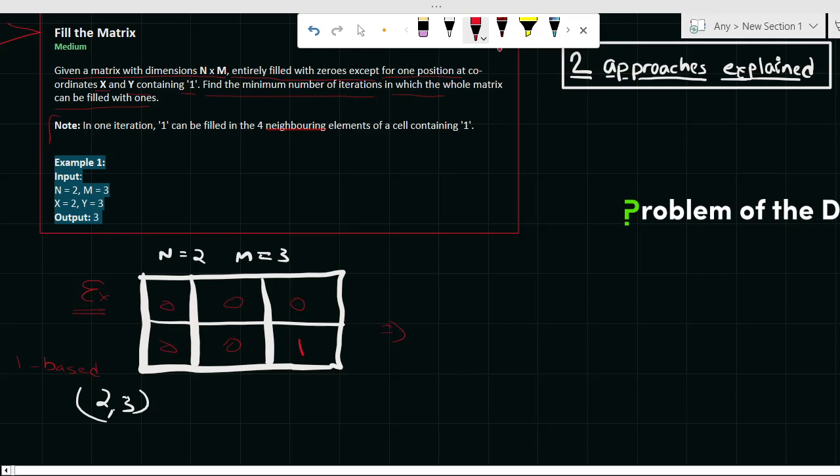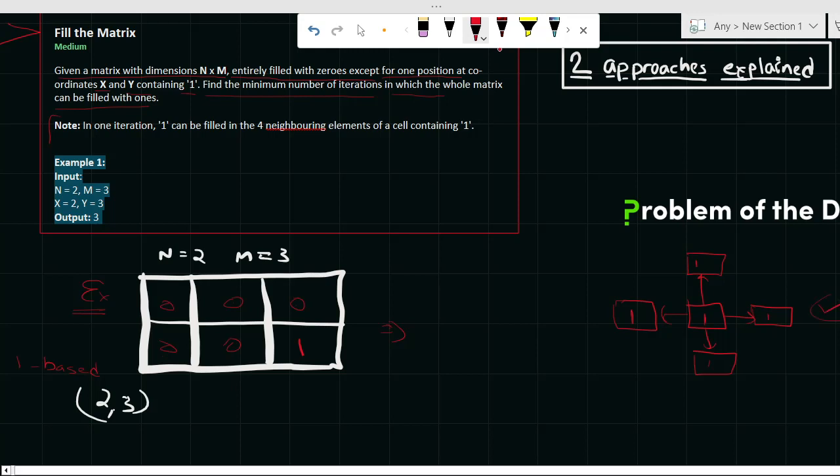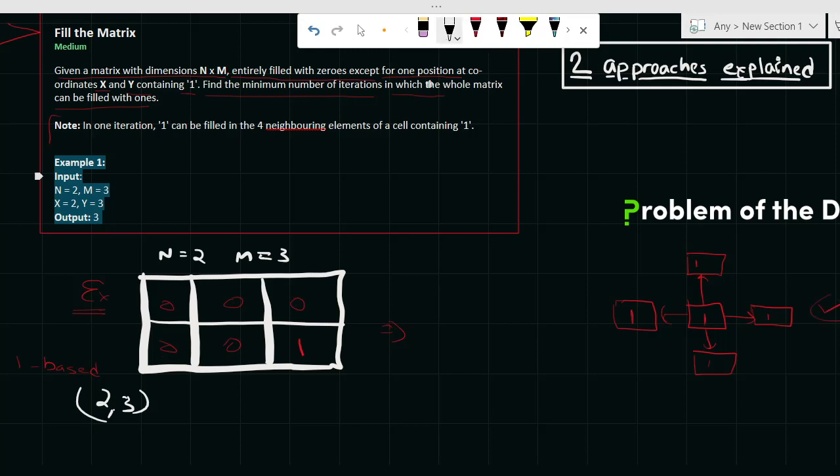So the rule says that if I have 1 in any cell, then I can make the cell in the upward direction 1 immediately, then the immediate cell in the rightward direction, similarly for the downward direction and the left direction. So I can make these 4 cells 1 in one go. So this is something that the problem says. Now what I can do for this problem is